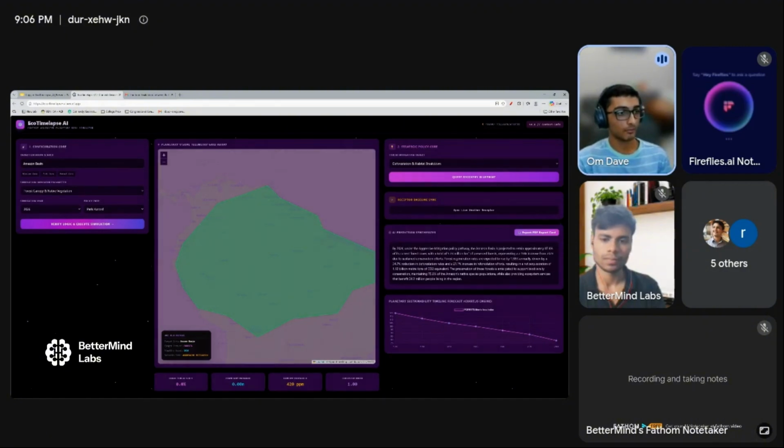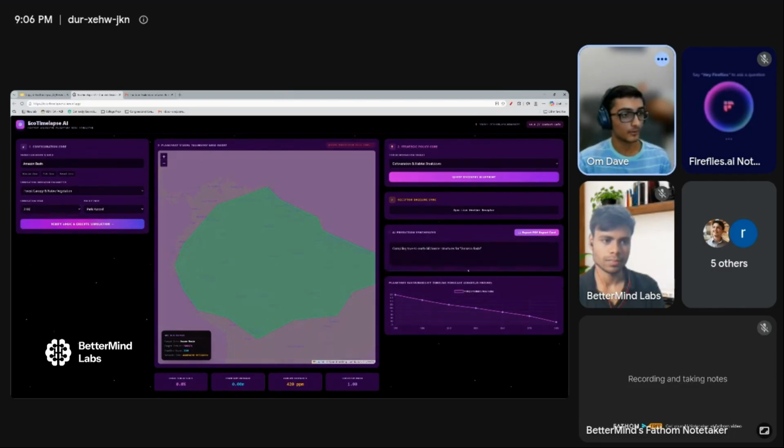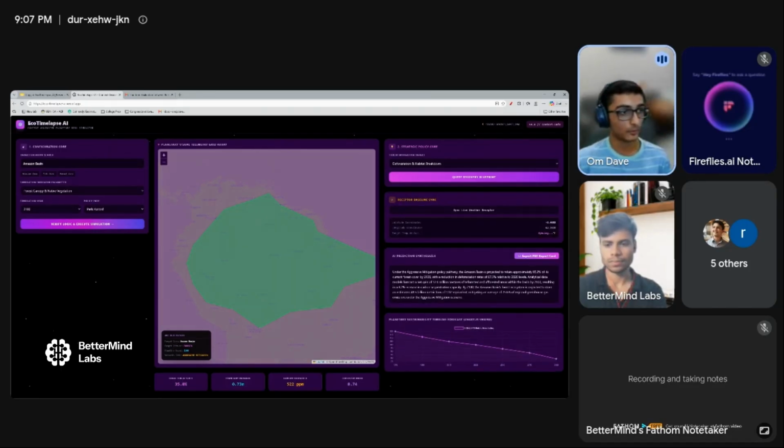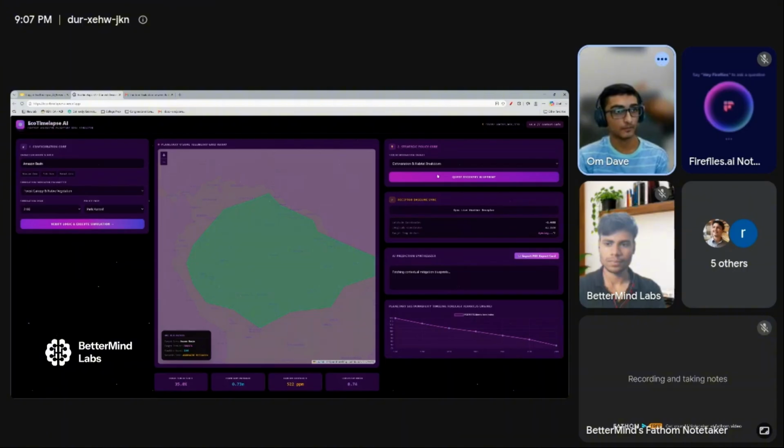On the right side, under AI Prediction Synthesizer, it gives you a summary of the change that occurs. So for 2100, it says this. Down here, it shows how much change occurs in the size of the forest for each year from 1970 to 2100. Up here, you can see what the weather is of the region you choose right now. And here, it can give you a strategy of how to reduce the damage in the future for